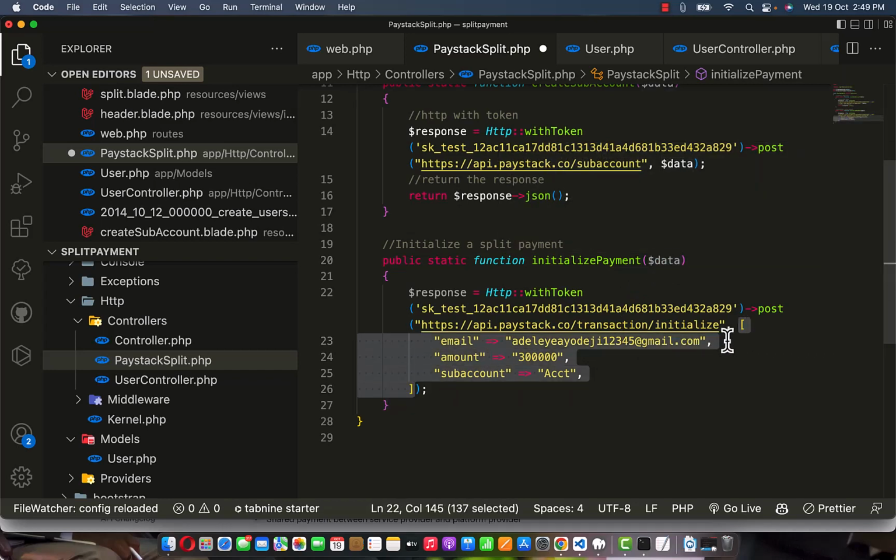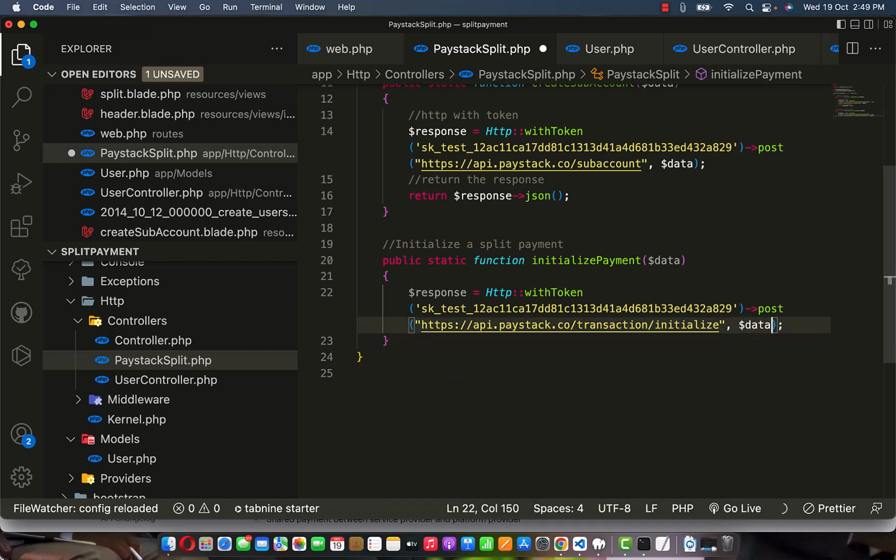So instead of writing it manually, we are not going to do that. Don't forget: email, amount, and sub account. In case you forget, we are going to refer to the Paystack documentation. Okay, so click on save, and to make the initialize payment, first we need to create a view on the